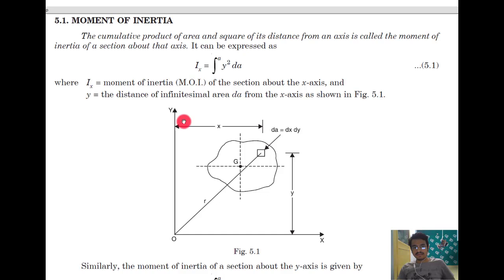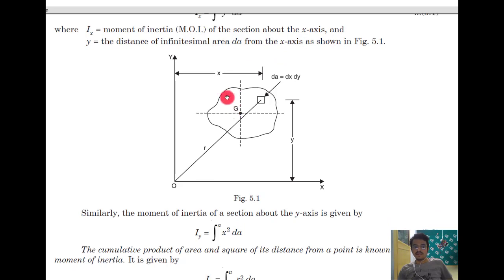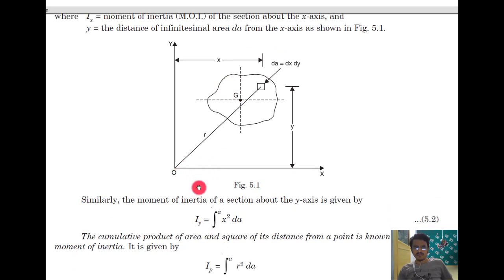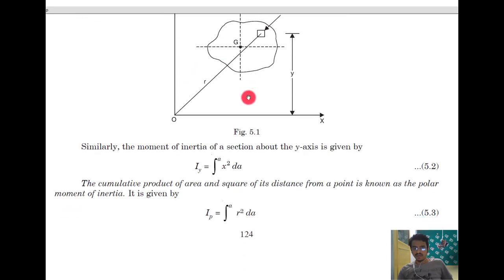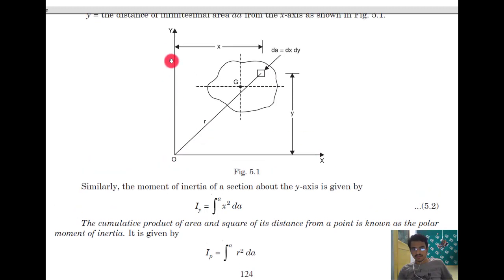So for the x axis, that will be integration y square dA, since the distance of the elementary area from the x axis is y, so y square times dA. That will be the second moment of the area. Similarly for the y axis, that will be integration x square into dA. Then for the axis which is perpendicular to this x and y axis,